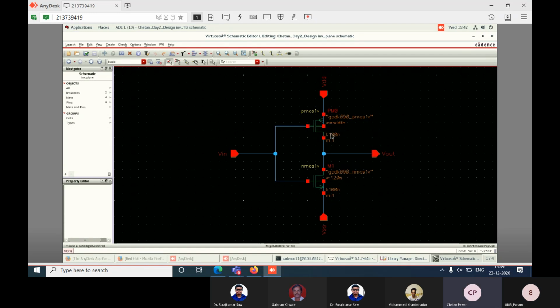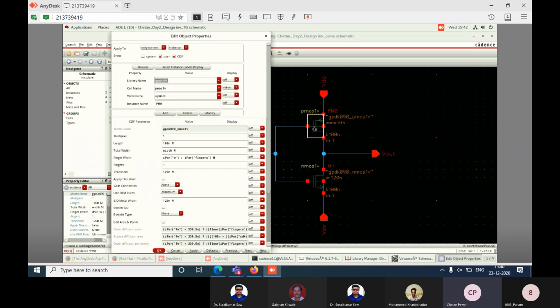Now select the PMOS, and now type Q. So instead of your total width, put the width variable.